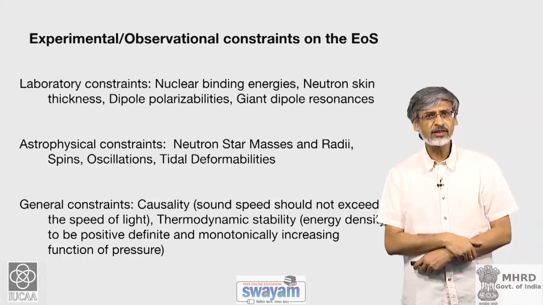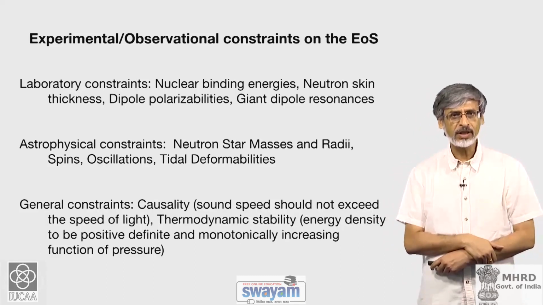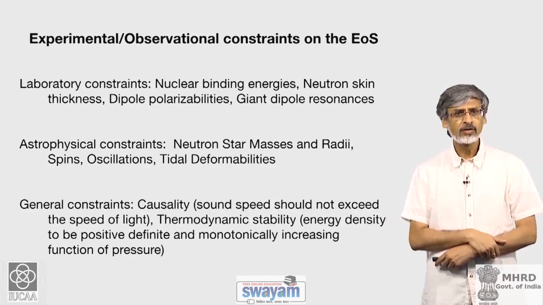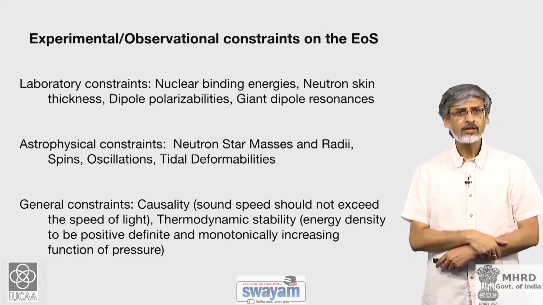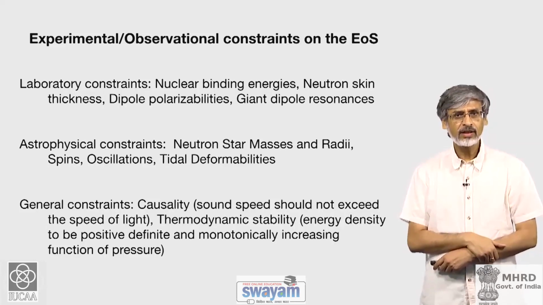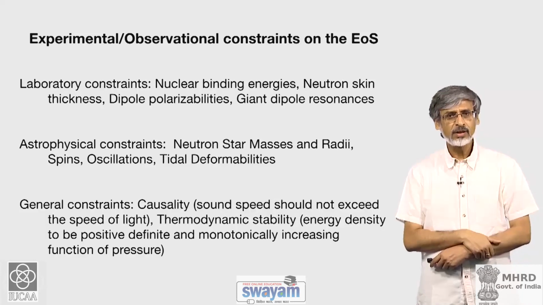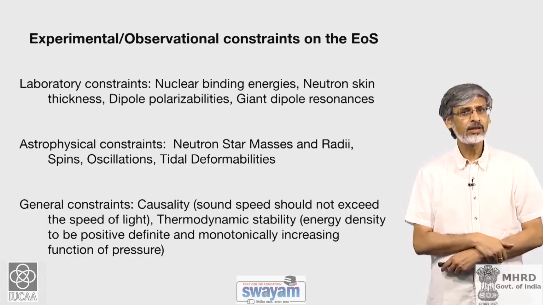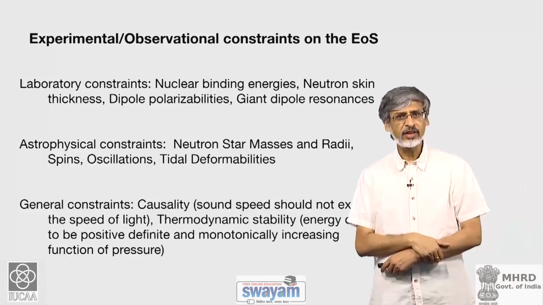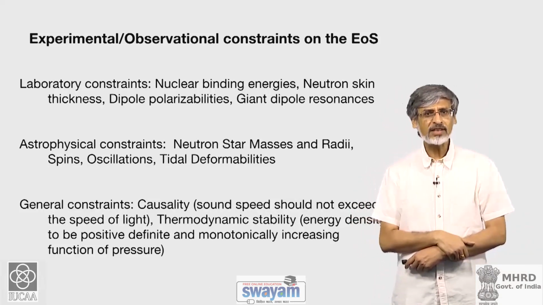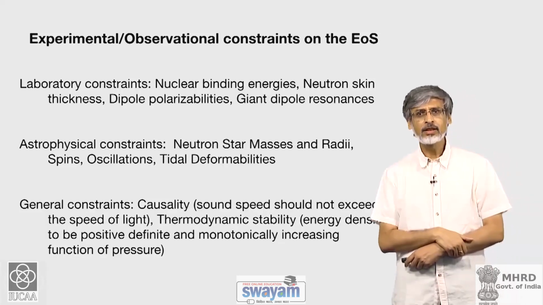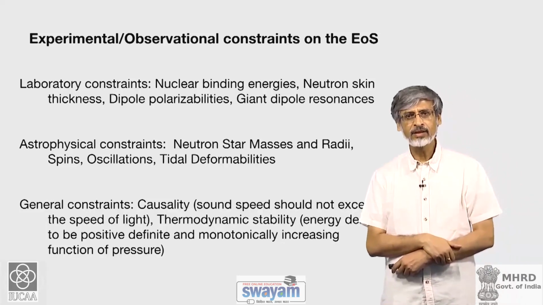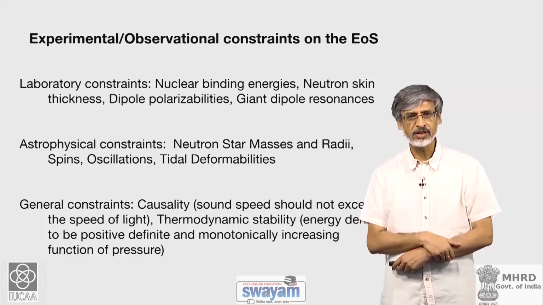The laboratory constraints on the equation of state include measurements of nuclear binding energies, neutron skin thickness, dipole polarizability of nuclei, as well as giant dipole resonances, all of which can be measured in nuclear physics laboratories. Astrophysical constraints include the masses and radii of neutron stars. Of course, the equation of state determines the hydrostatic equilibrium and the relation between masses and radii, as we have already seen,